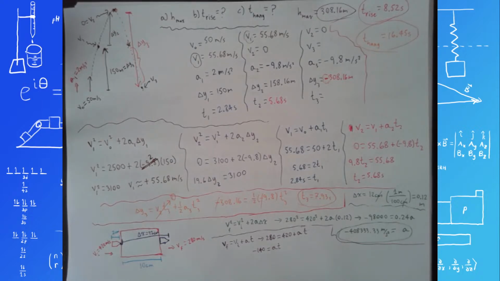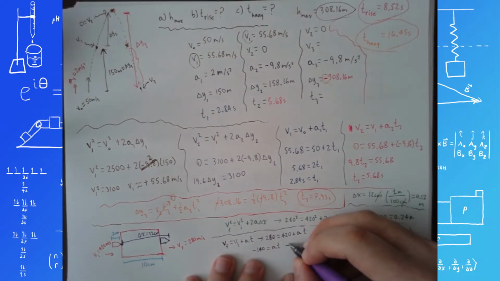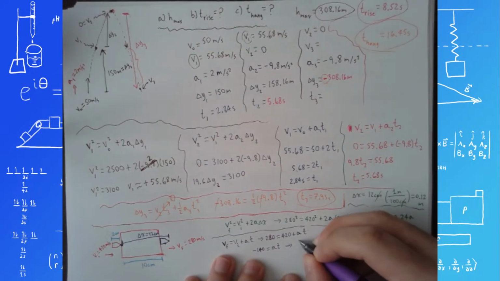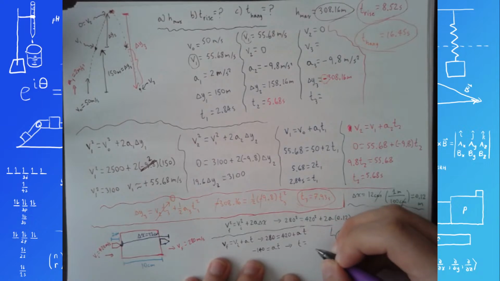Negative 140 divided by A. Negative 140 divided by this number. Fortunately, I still have it on my calculator, so I can just copy-paste it without having to write the whole number again. And I'm getting 0.000342857. I'm getting T is equal to